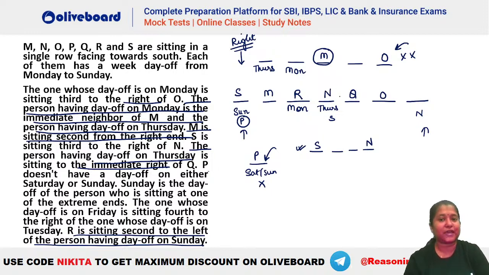Now you have placed your S and N. You can place your P as well because he is the only person remaining. So your P will be here. I hope this is clear everybody. ठीक है, तो ये आपका P भी आ गया. अब और जो भी बचा है उसको जल्दी से प्लेस करते हैं.